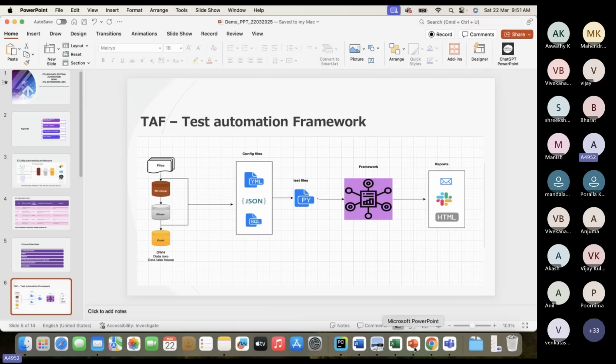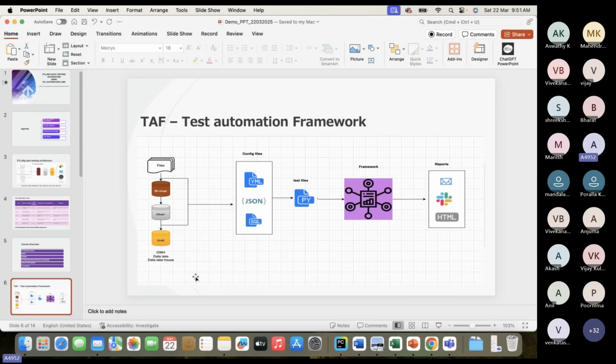Okay. So coming back, this is the framework. I just showed one demo also. Right now I just showed one simple txt or log file where it will display the issue. But we can also trigger. We have already implemented the email integration, the Slack notification, and the HTML report. These I'll cover as part of the actual classes.